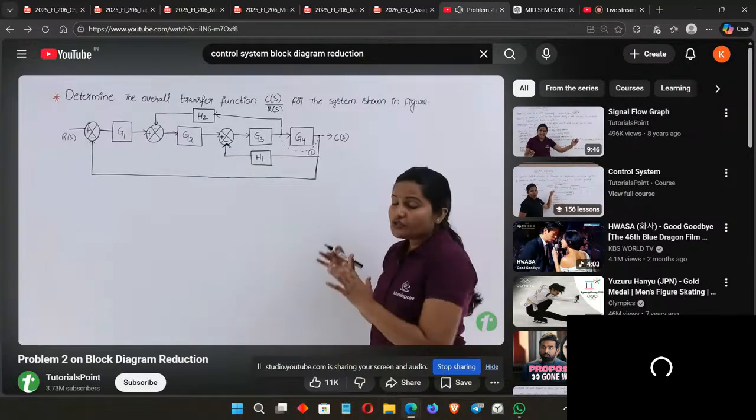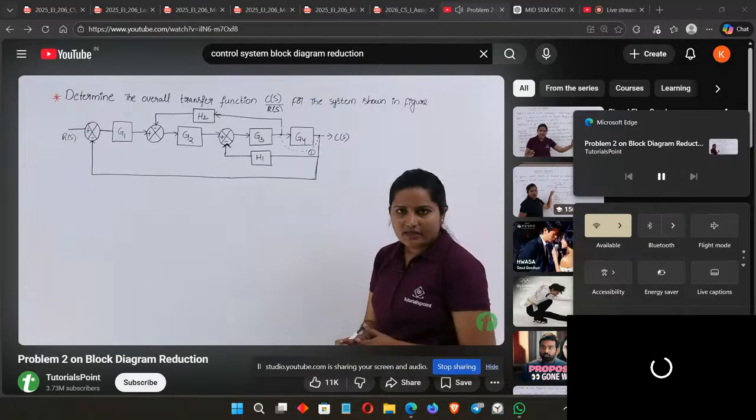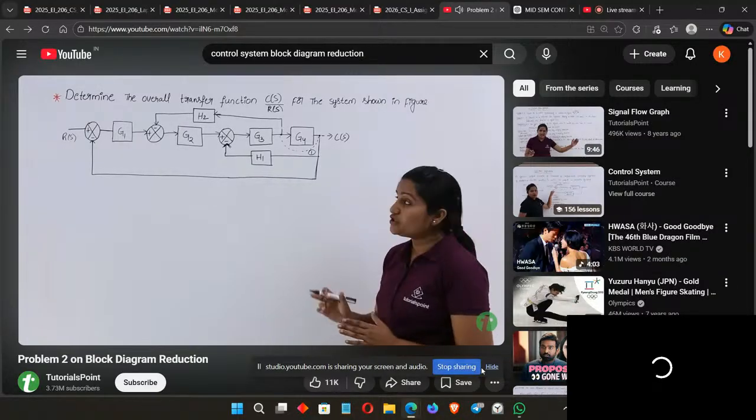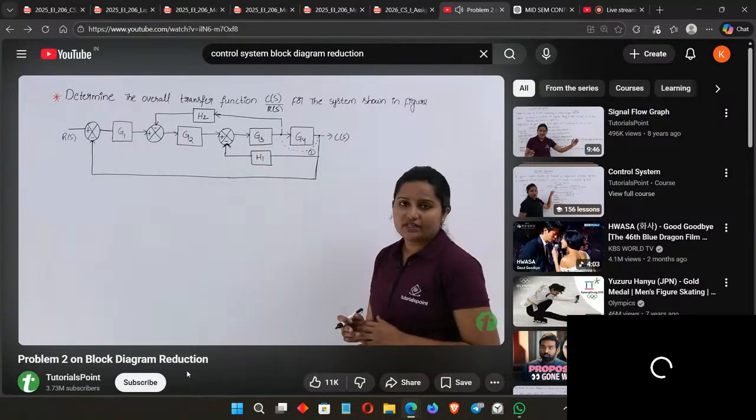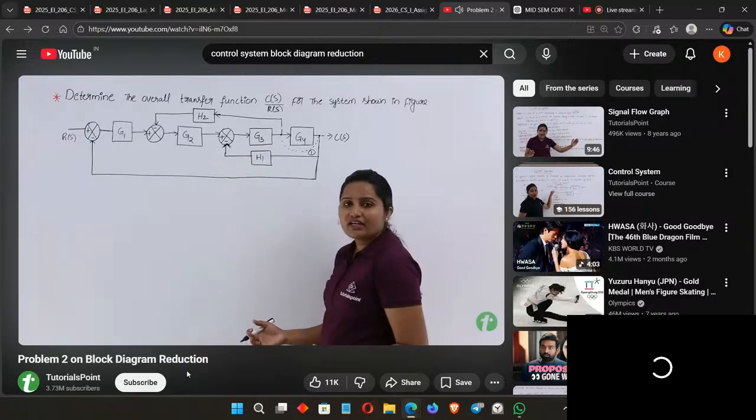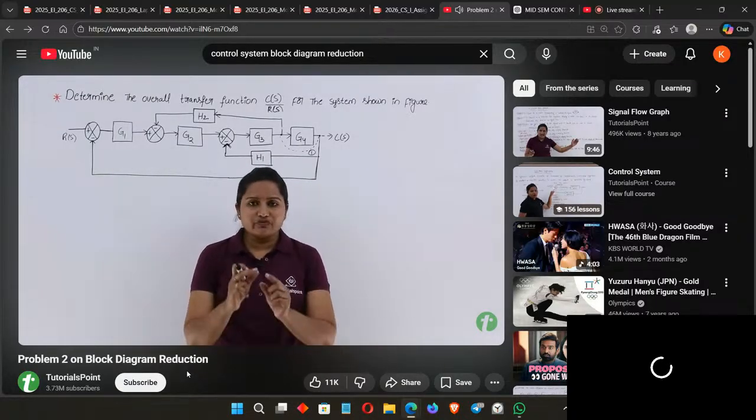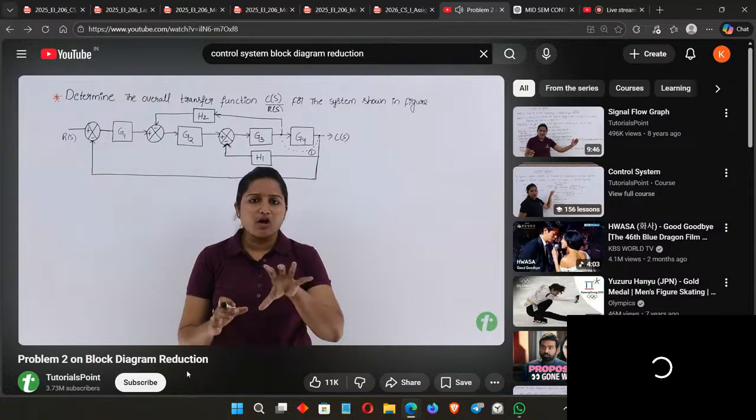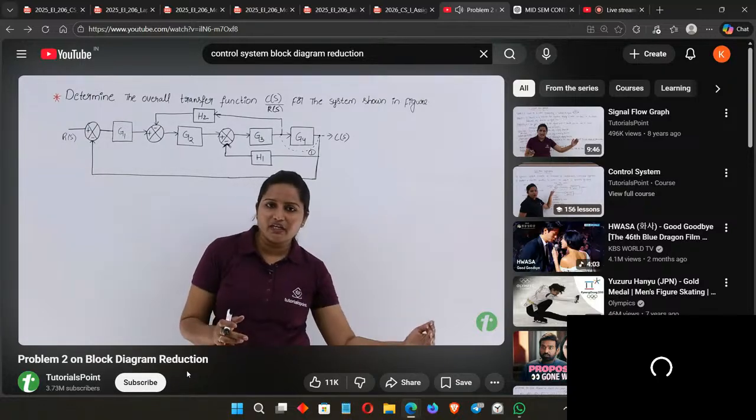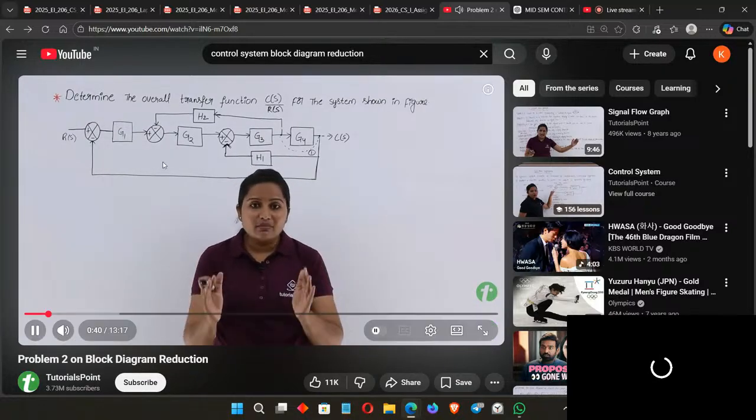So this is the control system block diagram given. We need to find the transfer function, C(s)/R(s). Generally, when it is given in terms of a block diagram, to find the transfer function we need to reduce all the blocks into a single block between input and output. That block gain